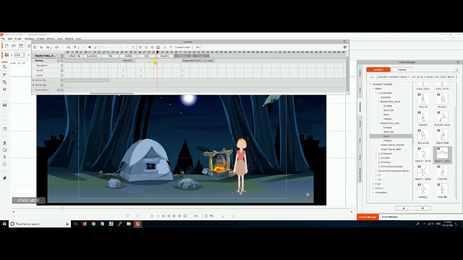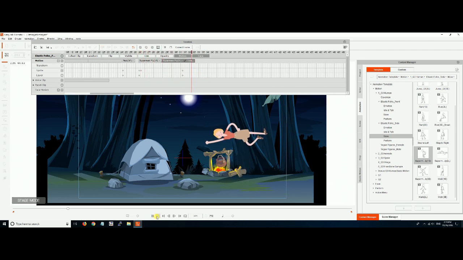I had the wrong one here. We need the start, not the end. We need the Superman start. And then we have this, we'll just have her fly away. Okay, so now we need to have the motion going, which is already part of it right there. Now she's flying.